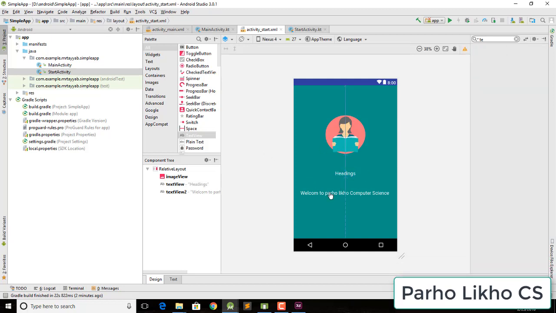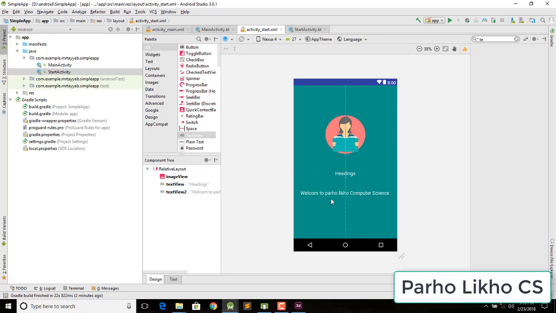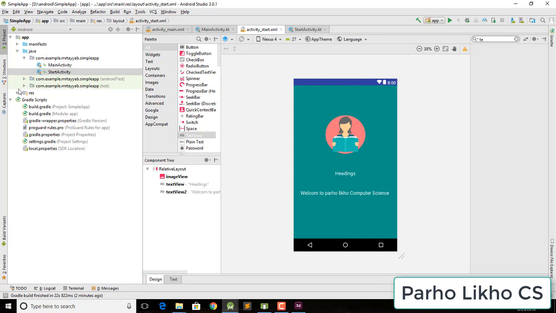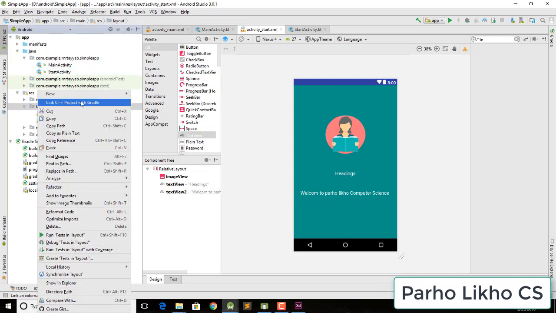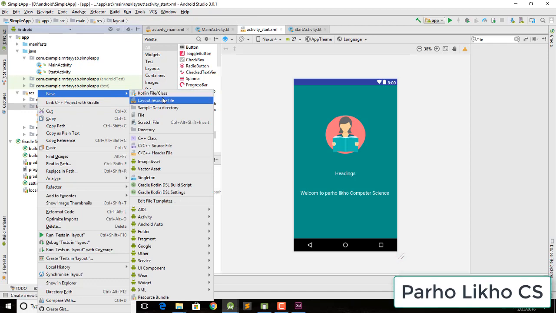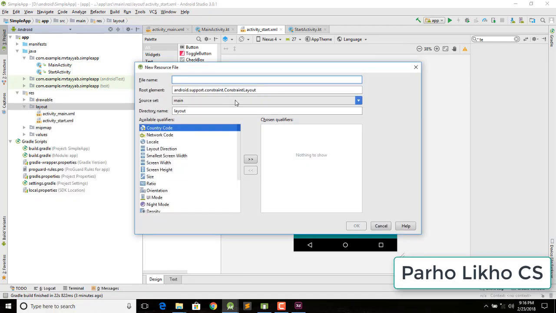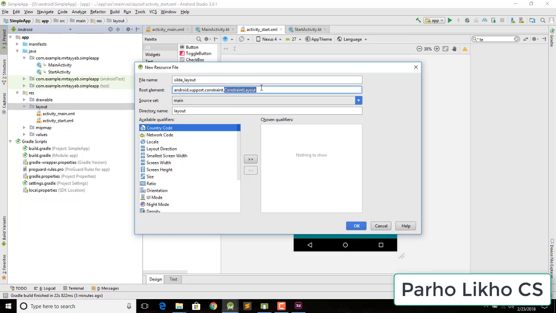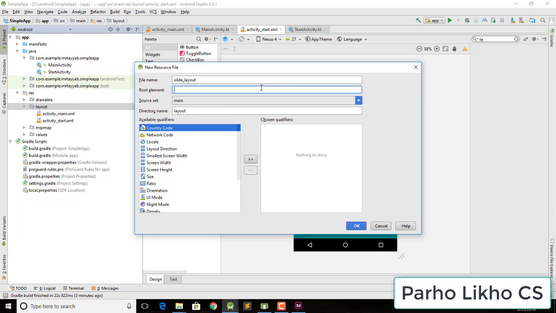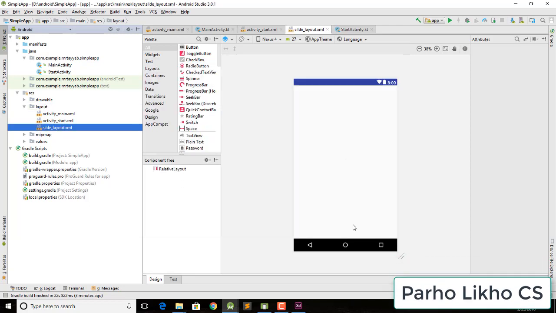Our design is ready, but we do not need this design here. We need a layout file, so we create a layout file. Go to our resources files, and I write here slide layout and change the root element to relative layout. So I click OK here,